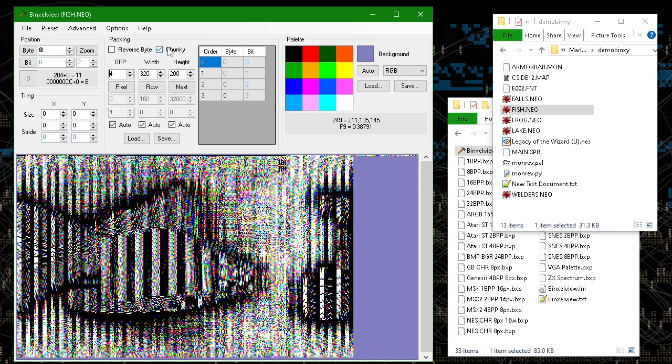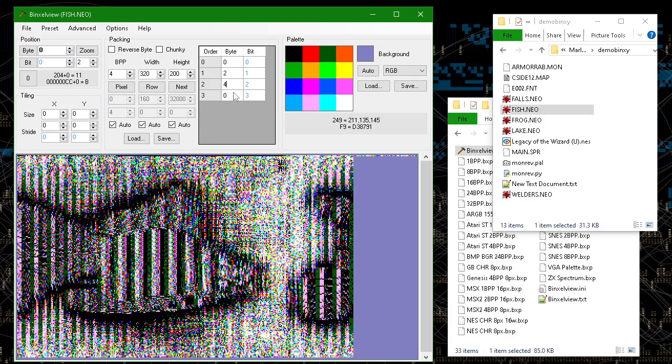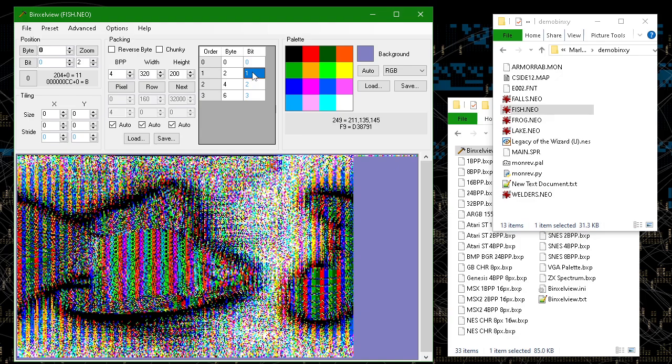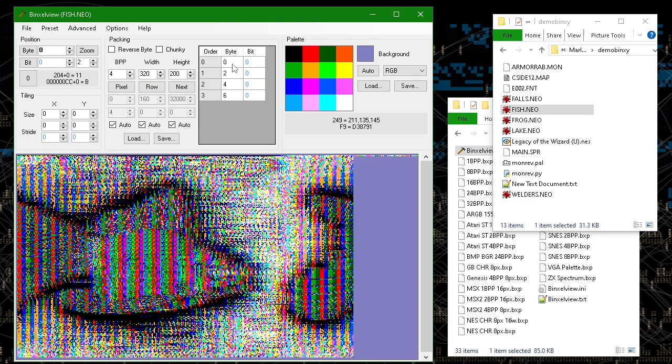So that's what this chunky checkbox is for. If you uncheck it, instead of 1 bit later, 2 bits later, 3 bits later, we go 2 bytes later, 4 bytes later, 6 bytes later. And when we do that, it still doesn't look right, but we're getting closer.